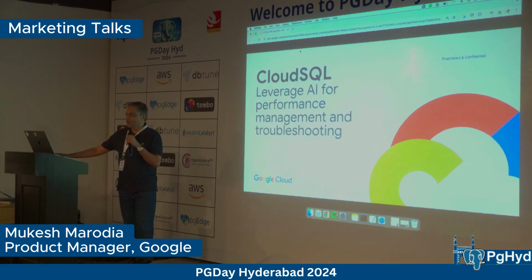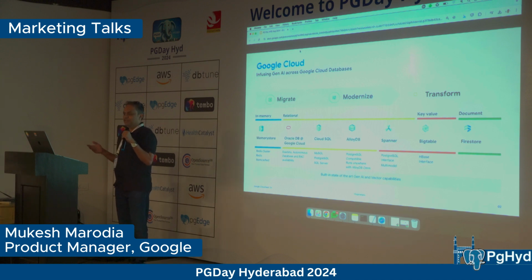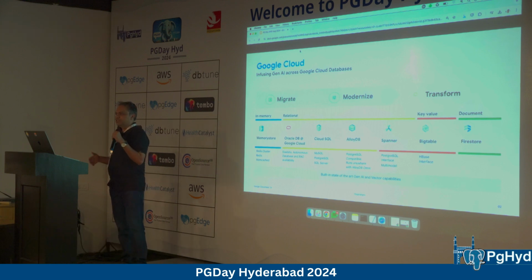So what I'm going to talk about is CloudSQL. CloudSQL is Google's offering of a managed database. There are a plethora of databases which you can use for any workload or any applications you are developing, and more databases are moving from on-prem to cloud. So within that,